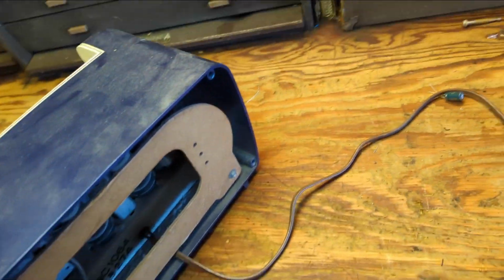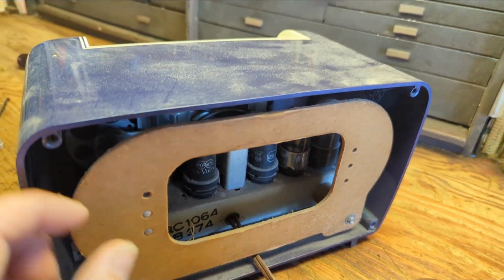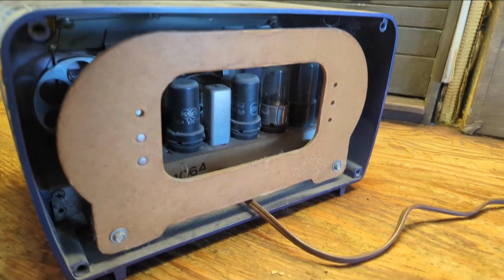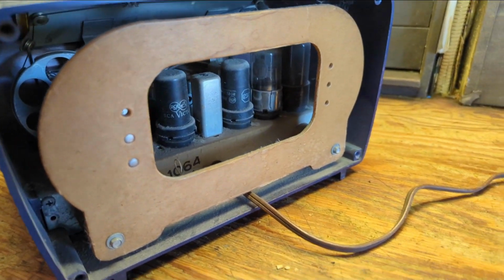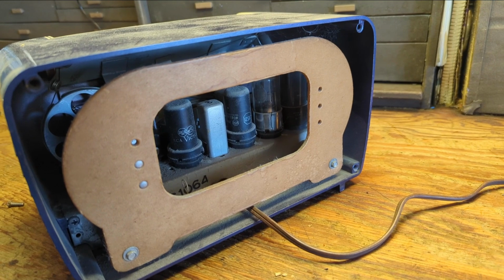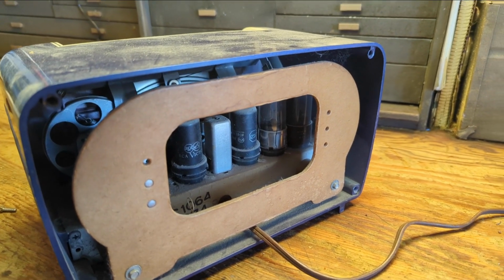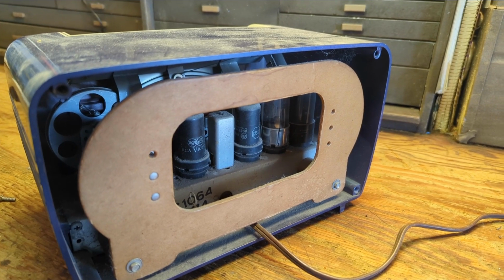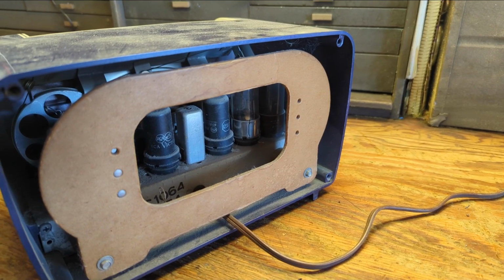I feel like I've worked on this model before. I'm not sure if that's the model number. B2, that doesn't sound like an RCA model number. And we have 1, 2, 3, 4, 5 tubes. This is just an ordinary 5 tube set. Now that I'm looking at it, I just worked on this same exact chassis